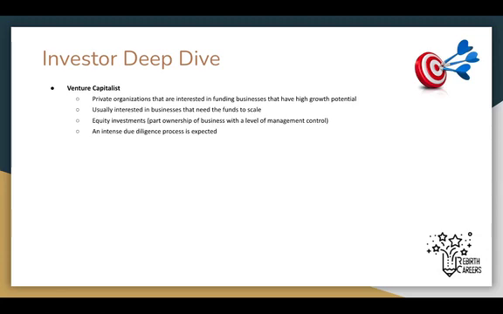An intense due diligence process is expected. The due diligence process for VCs is usually quite something. Like they're going to dig into your books, they're going to look at your financial records, you're going to provide a lot of data and information about your organization, which is fine. Again, get yourself and your business portfolio investor ready. Very, very important. The funding range is usually huge, and it could be up to several millions of dollars. So VCs have the money.